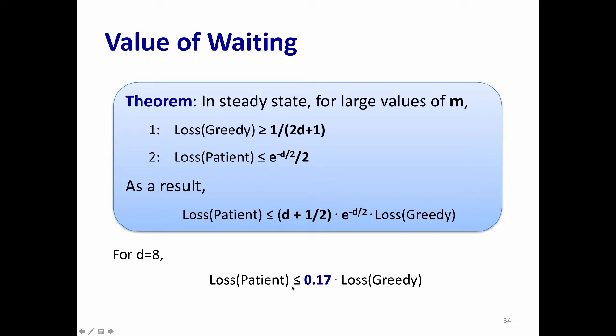So this is telling me the value of waiting in a world in which waiting cost is 0. That's very important because that's not the world we live in. But in a world in which waiting cost is 0, the value of waiting is huge. The upper bound on the value of waiting is huge, and this motivates us to go and actually study the waiting cost and then analyze the trade-off between waiting and waiting cost. But now this only tells you about the first part of the previous graph that I showed you, the gains from timing.